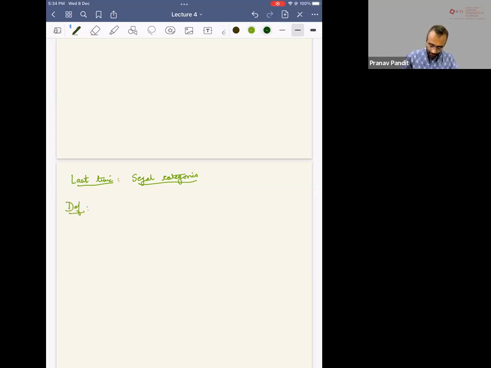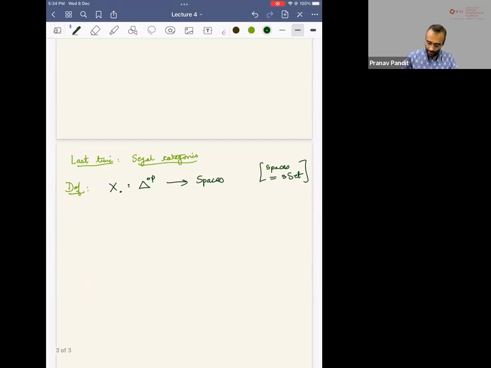A Segal category is given by a functor X from the simplex category Delta^op to spaces. From now on, I think you've seen simplicial sets enough that I can say spaces is sSet. You could also take spaces equal to Top, but when you do this kind of homotopy theory, simplicial sets are often a more convenient model. So that's the reason. So a Segal category is a functor like this, such that